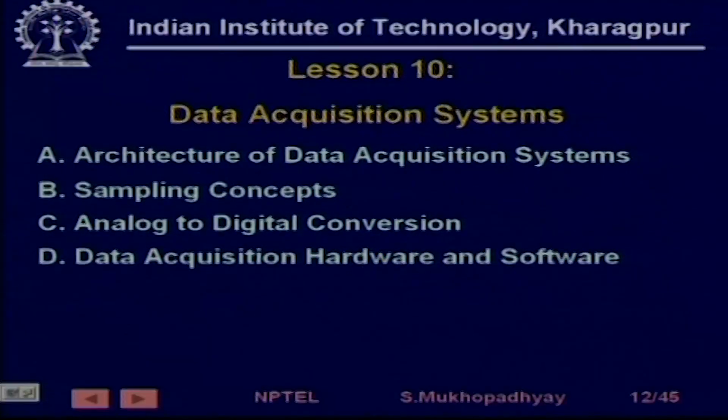So one of the first things is to get these process level signals into the computer, and that is done through data acquisition systems. So we took a look at the architecture of data acquisition systems, what they are made of and how they get the data into the computer. We started with sampling, then we talked about analog to digital conversion, and finally we talked about the interface with the computer and the software which lets a human being or a computer program see the data and analyze the data for control purposes.